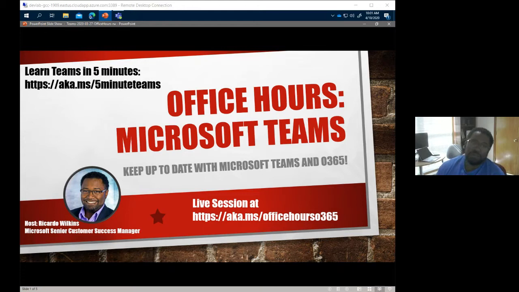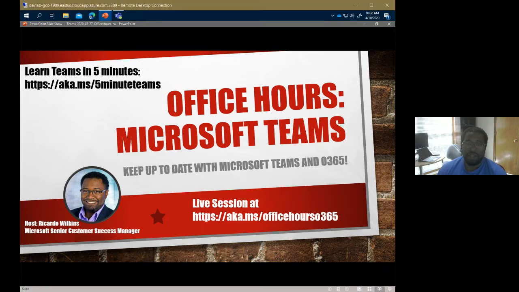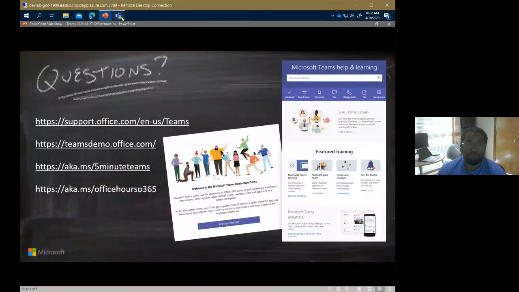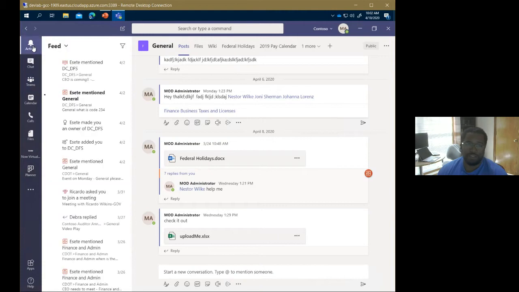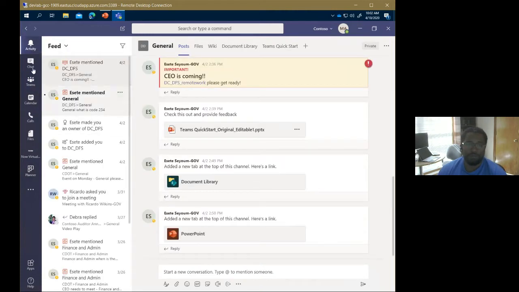But as always, I'll give 60, 90 seconds worth of what is Teams, in case this is your first time joining versus having attended these every week. So I am here in my development environment, or demo environment. Let me do a quick 60-second walk around of Teams, and I'll start here at the left rail from top to bottom.